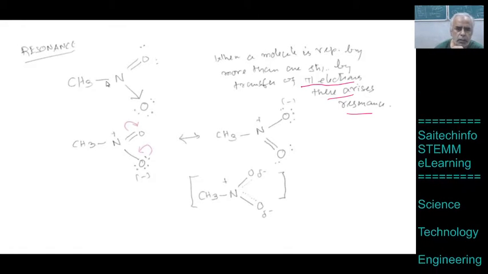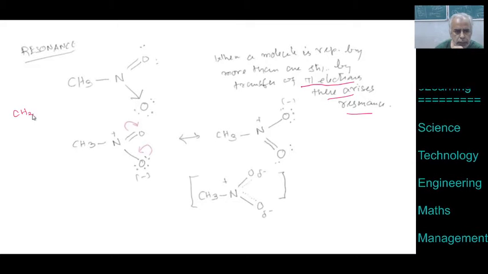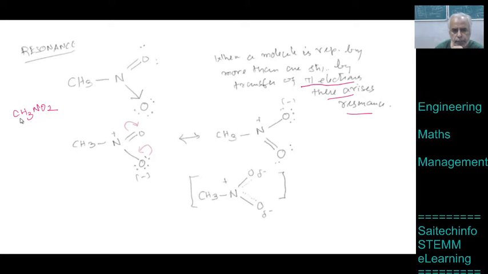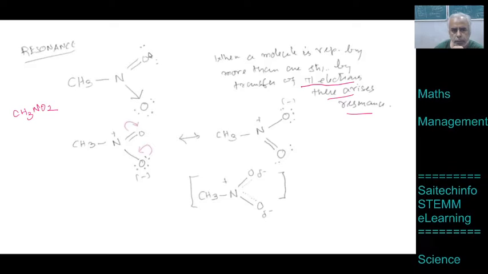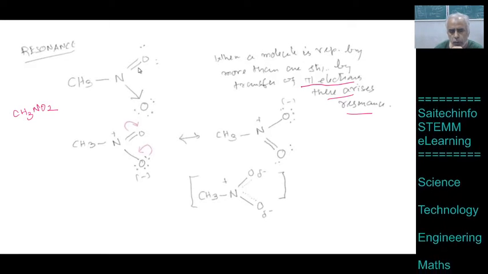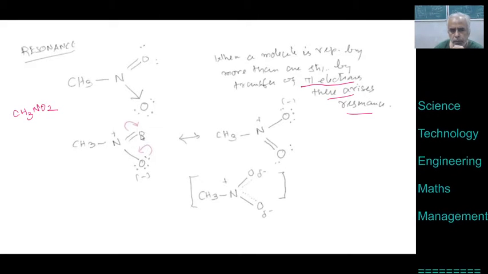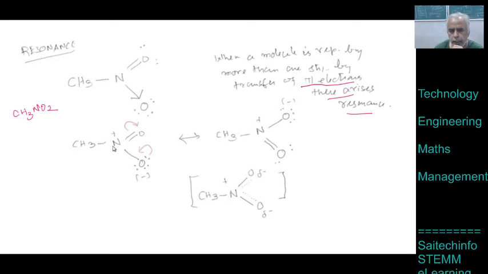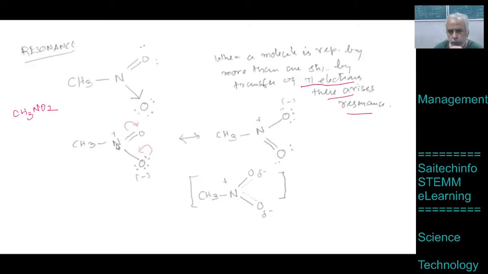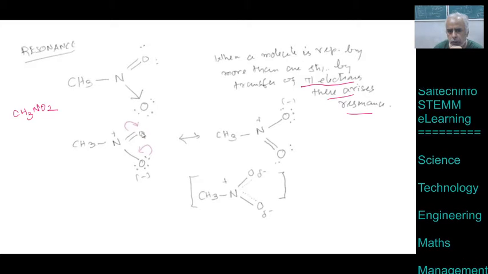Now let us consider nitromethane. It can be simply written as CH3NO2. CH3NO2 is nothing but nitromethane. So nitro can be represented in this way, and you have got the methane here. So you have got the double bond. A double bond contains one sigma bond and one pi bond, and because of the difference in electronegativity, in fact oxygen is more electronegative than nitrogen, the pi electron transfer takes place towards oxygen, so that